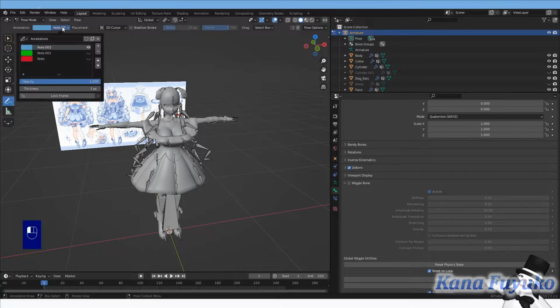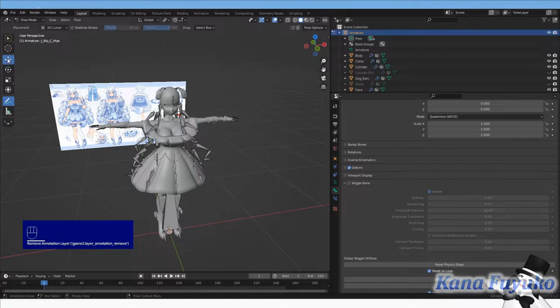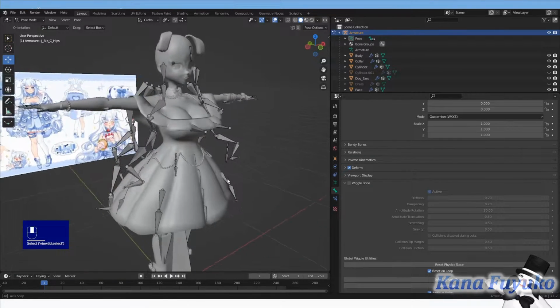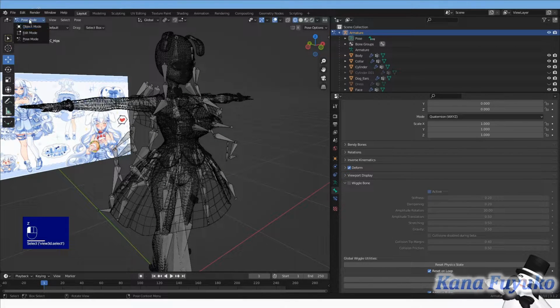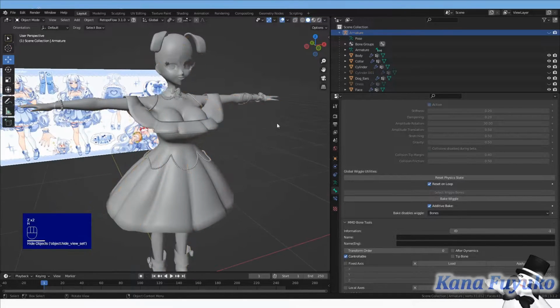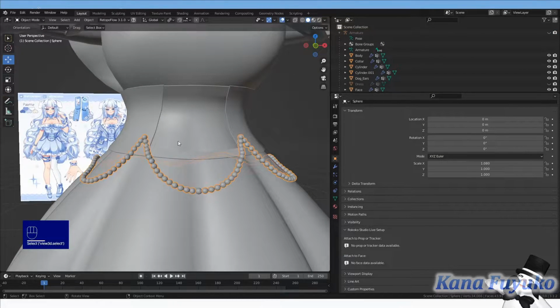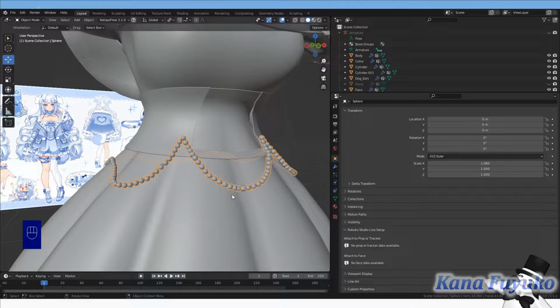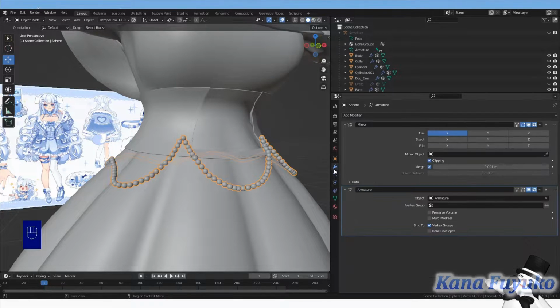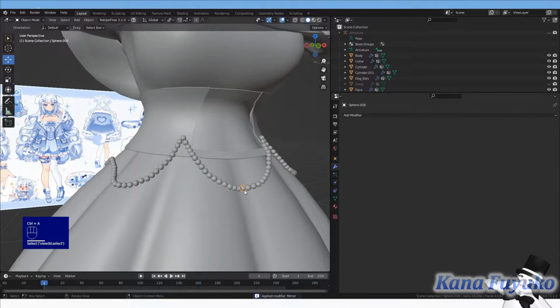I also need to make sure I delete my notes here. But yeah, so at least we got that, and that looks pretty good. But now, the last thing I want to teach you is how do we get something, let's say something like this crazy frick, how do we get this to follow the skirt? Or like chains, like if you have chains on your dress and stuff.